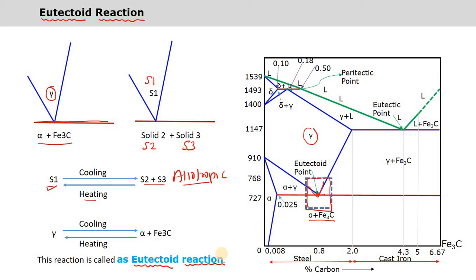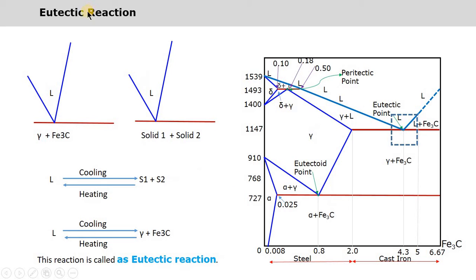The next is the eutectic reaction. Again, to write the eutectic reaction, first of all locate the eutectic point. Where is the eutectic point? In this diagram, this is the eutectic point here. Around this eutectic point, draw the rectangle. This dotted one is the rectangle here. Now sketch the appearance inside the rectangle. The appearance inside the rectangle is this: a V shape and a horizontal line.